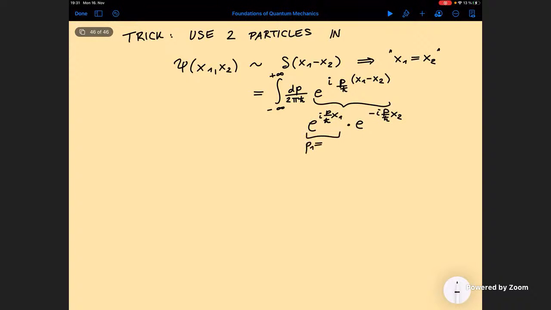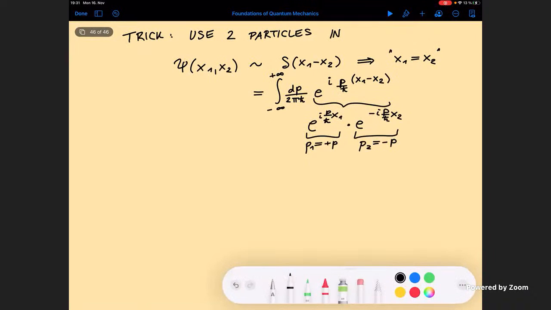Let's call it p1 equals plus p. And the second part has a definite momentum p2 equals minus p. Yeah, so this is the meaning of this particular wave function. Now, the funny thing is,